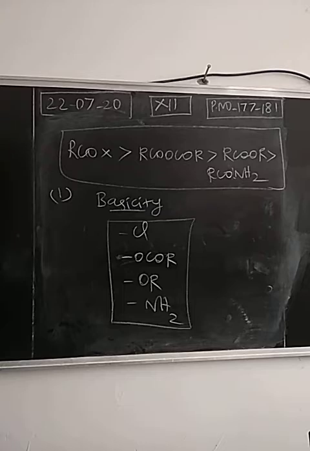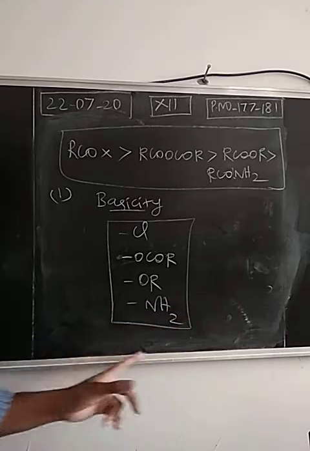For example, take group 1 and group 2 elements, alkali and alkaline earth metals. They have the tendency of losing the electron, so they form basic type of compounds. If an oxide is formed, they are basic oxides, right? So basic nature is related with electron losing tendency. Then usually the non-metals like oxygen, nitrogen will have the tendency of accepting the electron. They will form acidic type of substances, mostly like acids, right? Sulfur dioxide, sulfur trioxide, all these will be acidic in nature. So basicity will be related with electron releasing tendency.